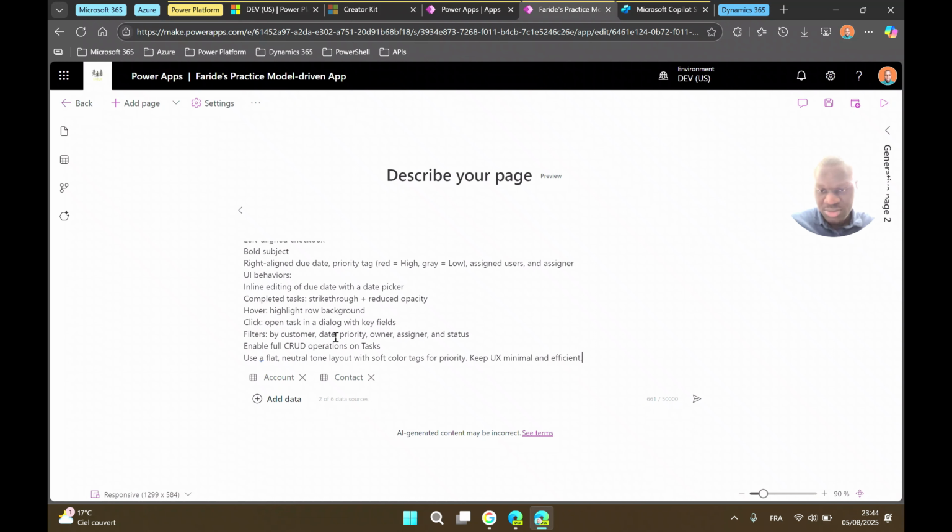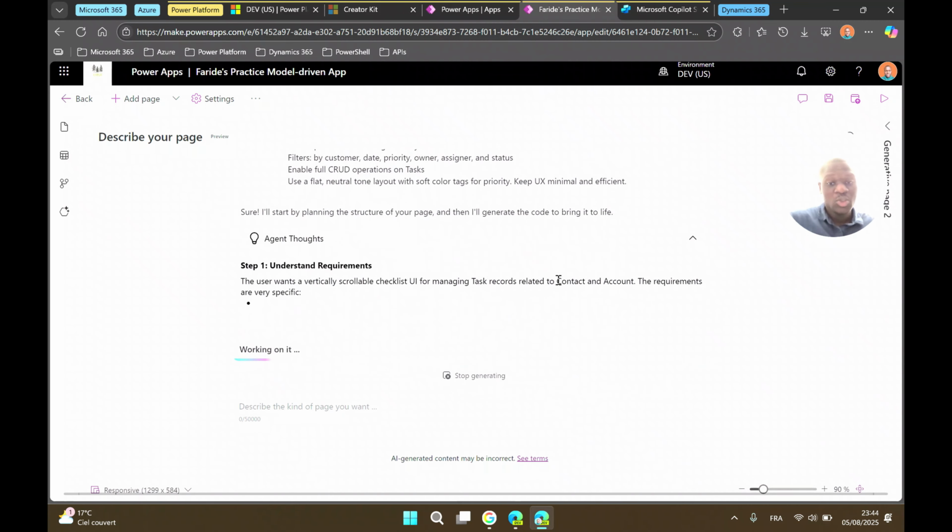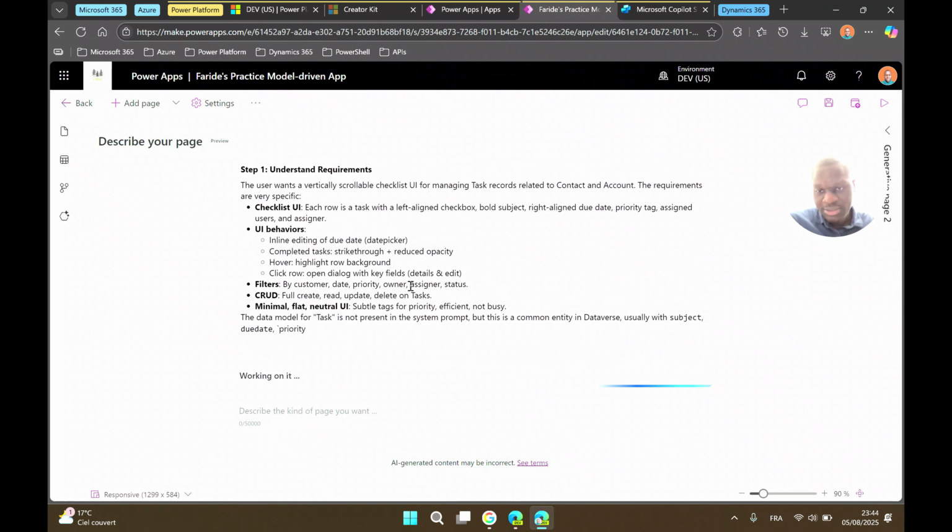Filters by customers, date, priority, and enable also CRUD operations on the tasks, and use a flat design as usual. And then maybe at the end, you can just say validate, definitive, can go. So now it's running.